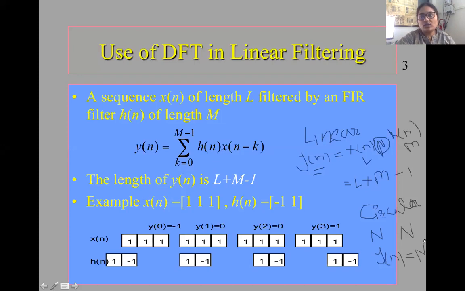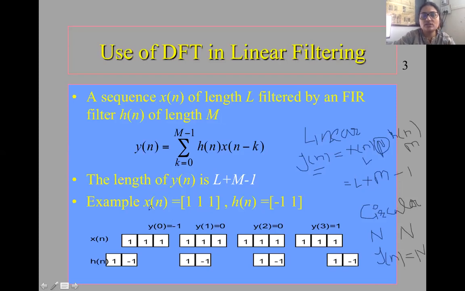The last points are overlapping on the first points in the case of circular convolution, because the length of the output sequence doesn't increase. It remains the same as that of the input sequence, and because of that the aliasing problem is present when we apply circular convolution, right? So we will see this in more detail. Let us take an example.